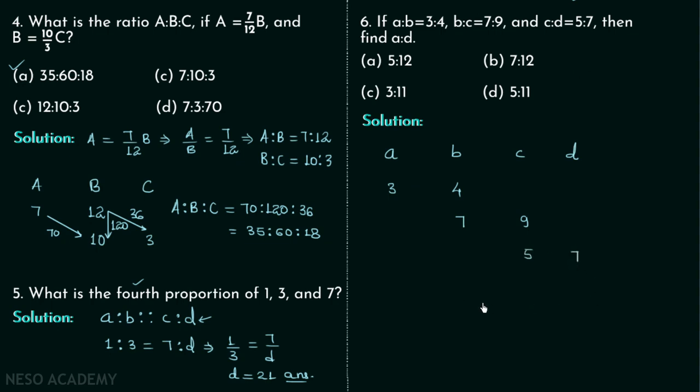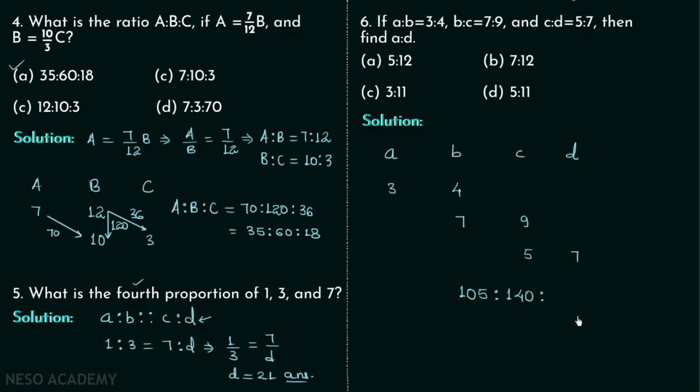Now we will perform the multiplication. We will first multiply 3, 7 and 5. 3 multiplied by 7 multiplied by 5 will give us 105. Then we will multiply 4 by 7 and then multiply the result by 5. This will give us